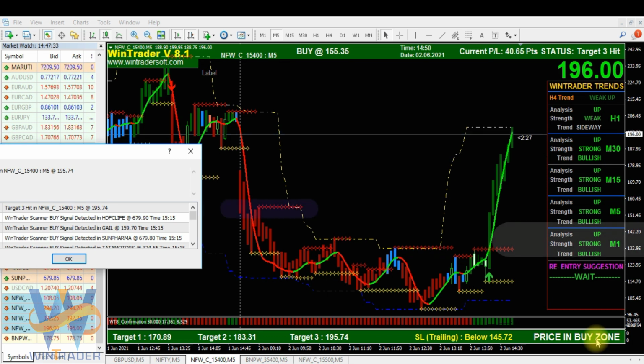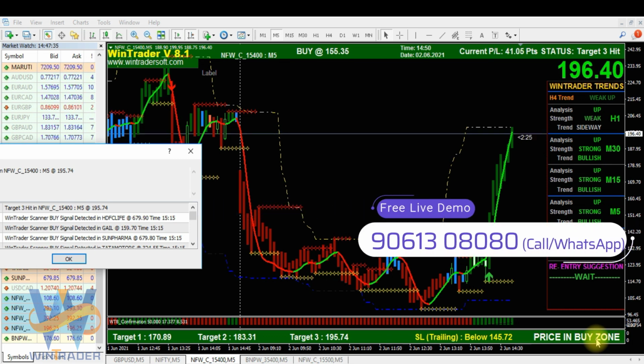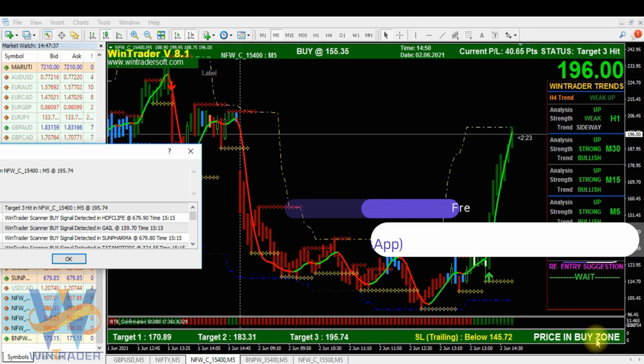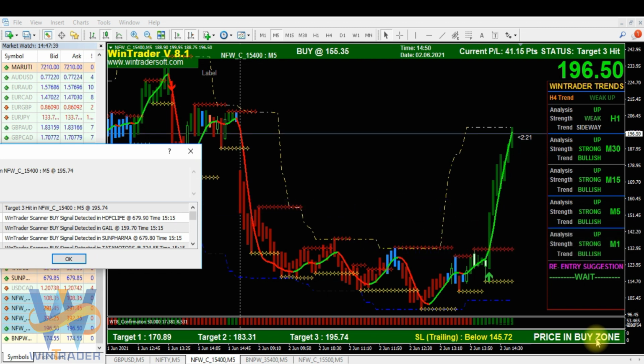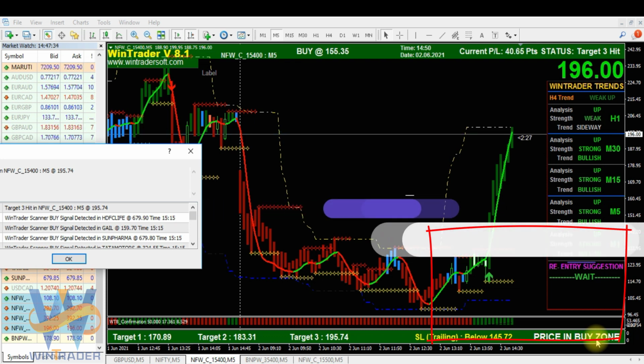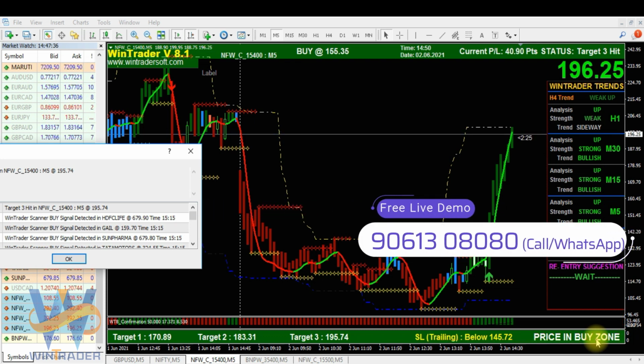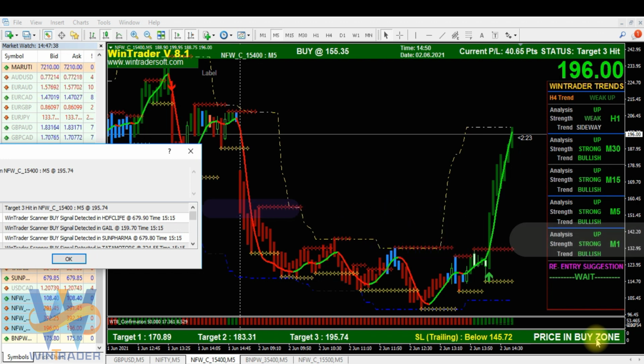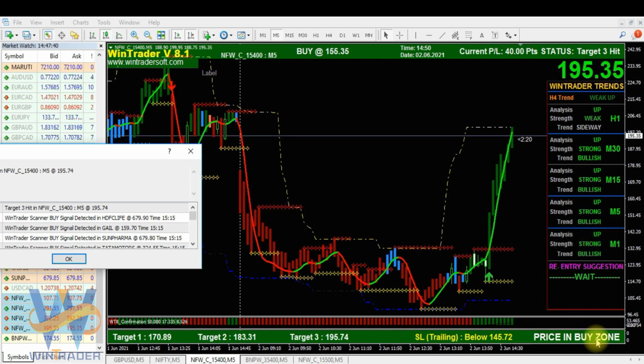We always just want to check the signal and its confirmation. If all the confirmations are there, you can directly enter the trade. You just need to check 3 confirmations after the signal. If it's a buy signal, the bottom bar should be green, the price must be in the buy zone, and the candle color must be green. If a sell signal is generated, the bottom bar should be red, the price should be in the sell zone, and the candle color must be red. So these 3 things are there. Now you can enter the sell trades, short sell also.